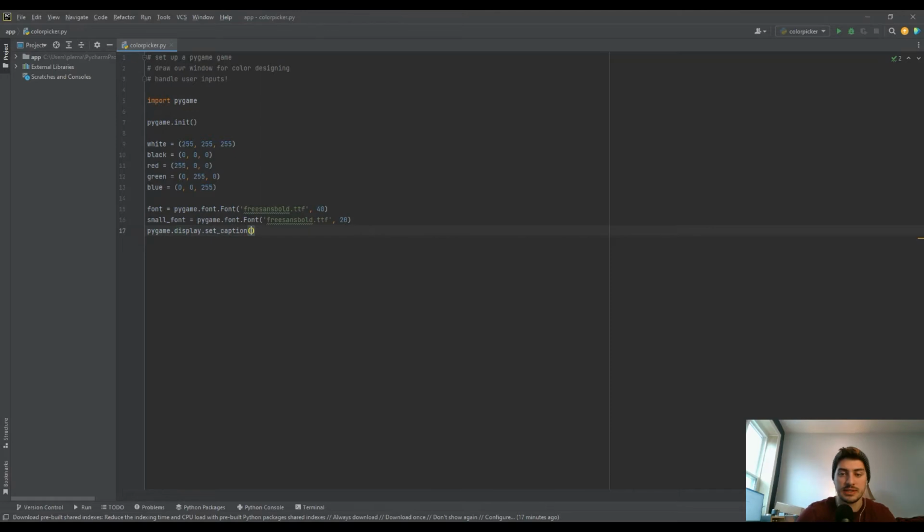Okay. And now we're going to do pygame.display.set_caption. So this is the text that pops up at the top of your window, and you just want to give it a title that'll tell the person what kind of app they're in. And so this will be an RGB color picker. And then the next piece is you want to create your actual screen. So the size of the window that you're going to have,